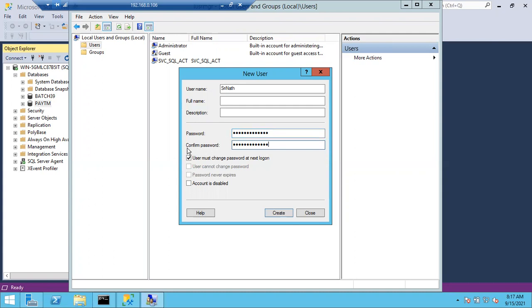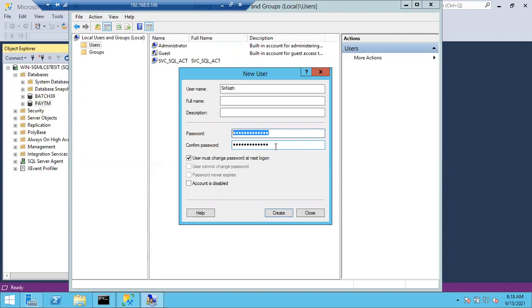So what is the option here? User must change password. Why? Because for Srinath, I only created his password, so I know his password. I may misuse his password. So if you check this option, once I give the default password to Srinath and he enters it in the window, immediately he will be routed to give a new password. He cannot skip it.